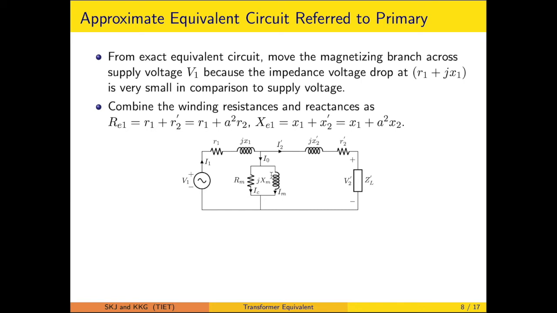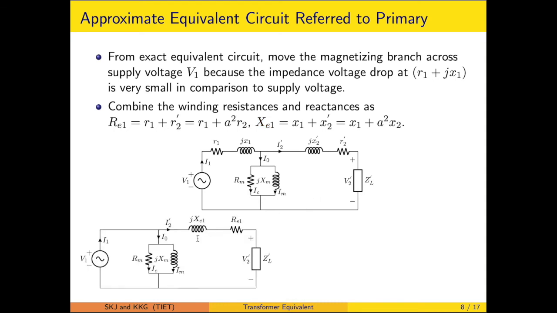we can neglect the voltage drop in this series winding term because of this shunt no load magnetizing current, no load current also. So this magnetizing branch can be moved to the supply side, that is one arrangement, and thereafter you can combine the term R1 with R2 dash, X1 and X2 dash. So that is referring to the new value RE1, which is R1 plus R2 dash, and XE1, which is equal to X1 plus X2 dash. The final picture is now looking like this.